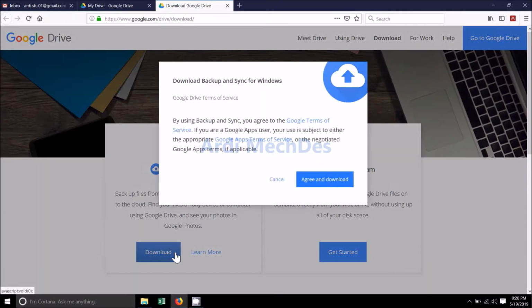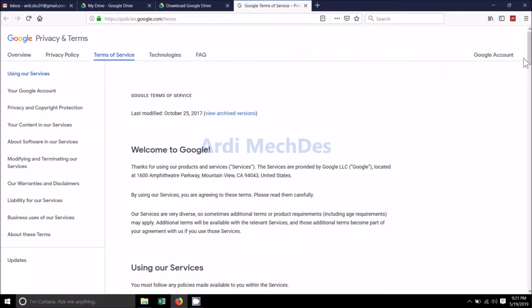Click Download under Personal Backup and Sync. Read Terms of Service.